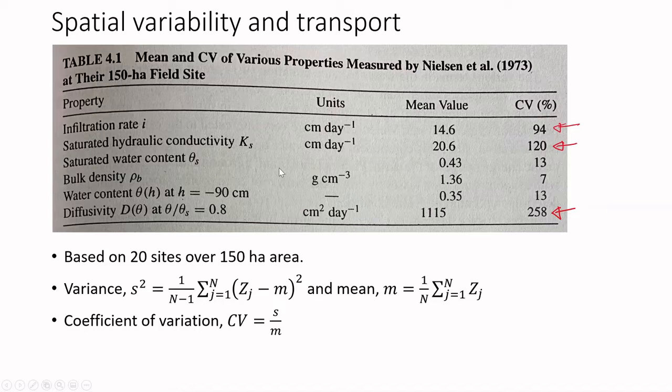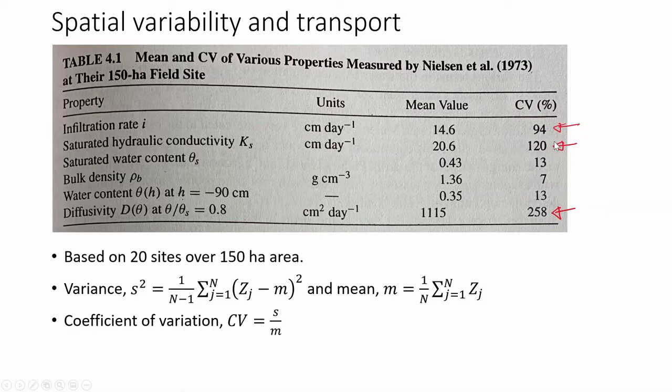also being measured. So you can see the unit of each property that they measured, and you can see the mean value. The mean value is basically you just take the value over the 20 sites, and then you average it out. Sorry, you divide it by 20, so you get an average value. You can see that the average value doesn't tell you much, but if you look at these coefficients of variation, you could see that the infiltration rate over 20 sites has a coefficient of variation of 94%,